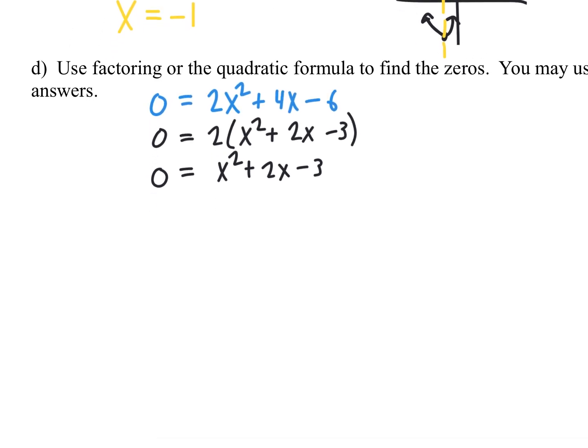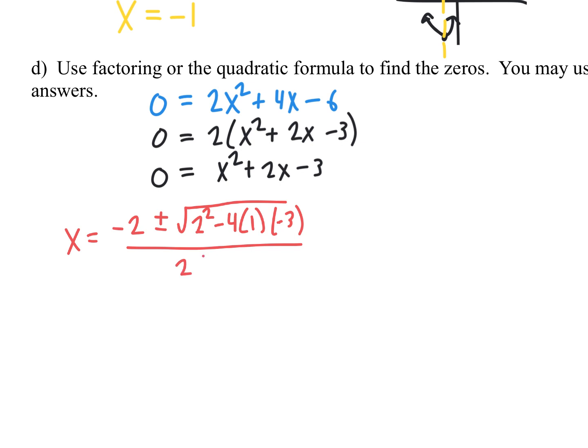And now we're ready to plug right into our quadratic formula that tells us x must be the opposite of b, plus and minus the square root of the b value squared minus 4 times a times c. C is -3 here. And that whole thing is divided by 2 times a. Okay, and then we just want to go ahead and simplify and reduce everything down. So the -2 plus or minus